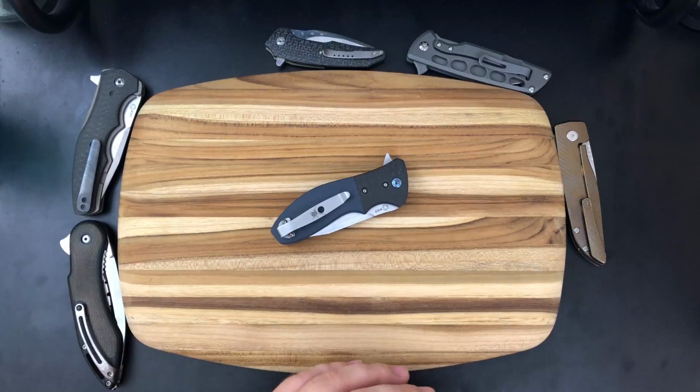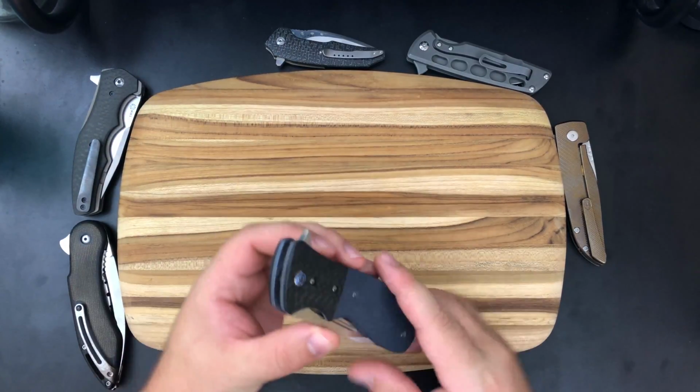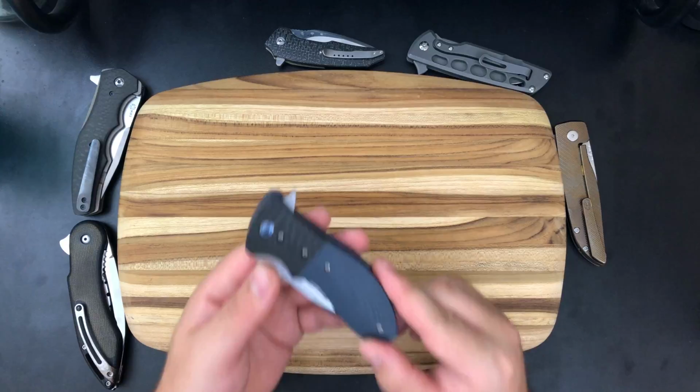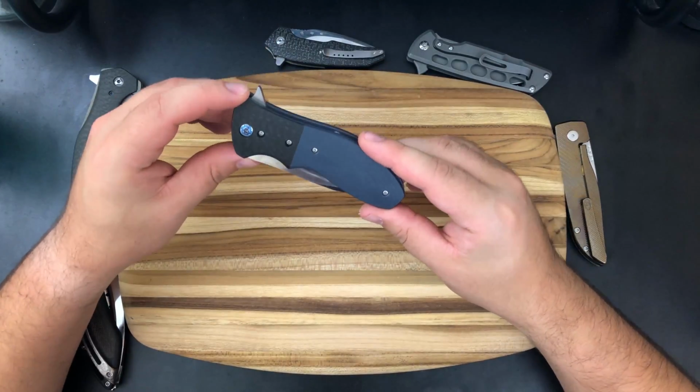In today's video, we're going to be taking a look at this Kirby Lambert snap. And this is on loan to us from my friend Aaron, and I was super excited to be able to get an opportunity to cover this knife because I've been really interested in Kirby's work for a little while now,